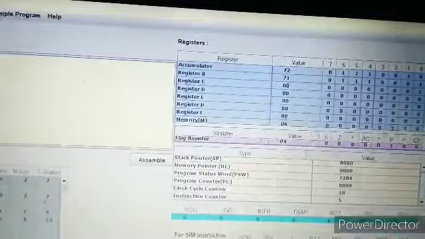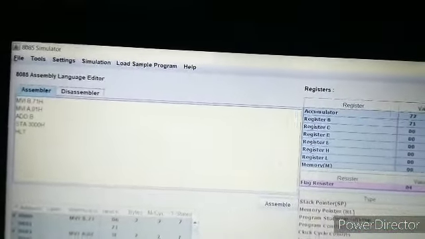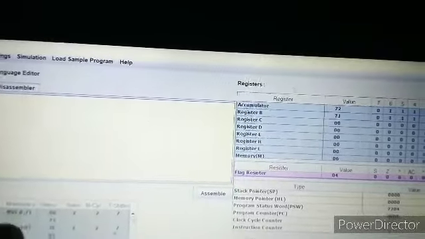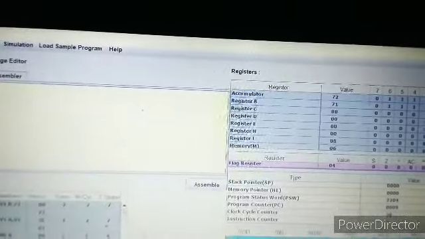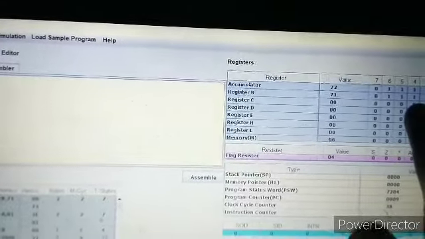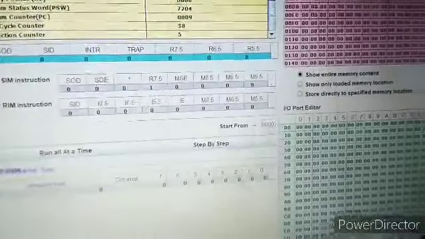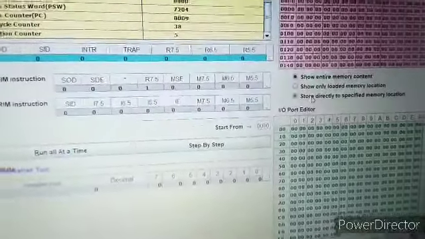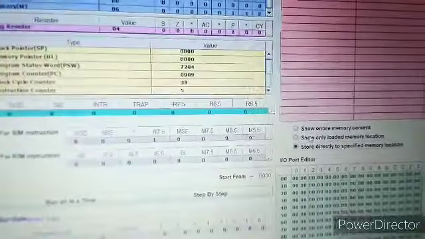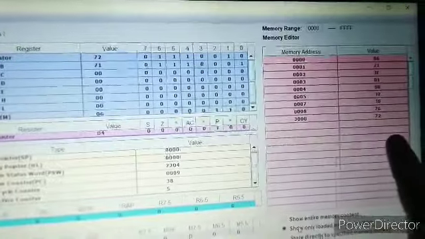Now we can see here is our result. At B register we have 71, right? At A register we used to have 01, but after addition the result gets stored at accumulator. So 71 plus 1 became 72. And if you want to see whether at location 3000 our result gets stored or not, there you can see at location 3000 we get 72.